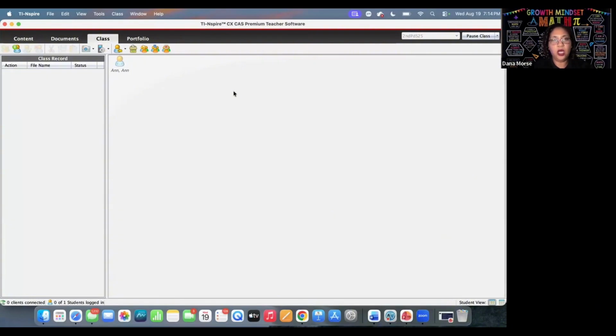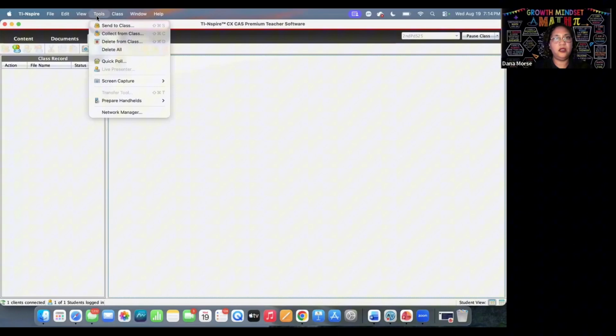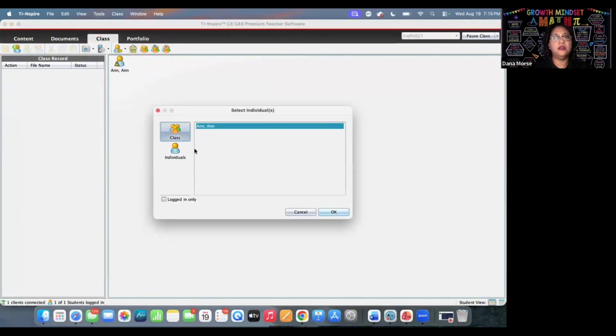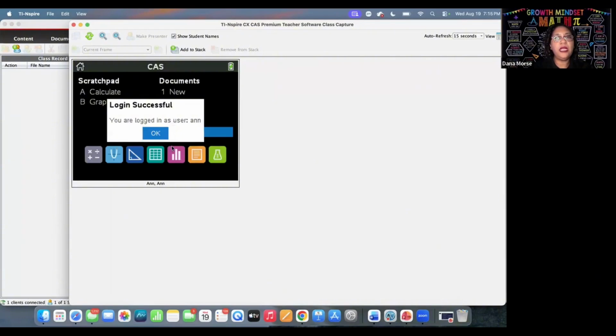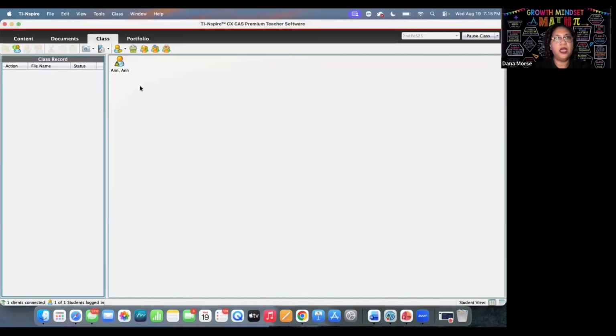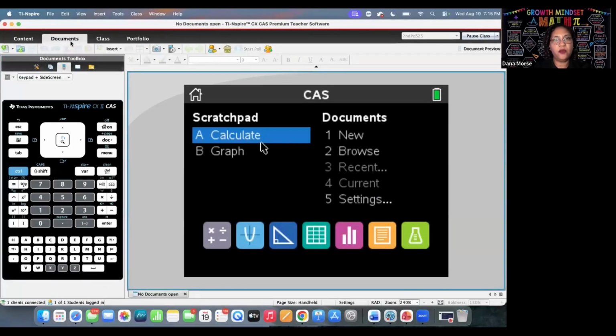So I'm going to log in as Ann. So Ann is the username and the password. And then what you can do is you can see all of the student screens. And I usually click logged in only, and then you can see, and you can actually blow the screen up. So Ann can see that she's logged in. And then usually what I do is I make Ann a presenter. Okay. But I am going to demonstrate using the teacher software of how you create your own sliders with y